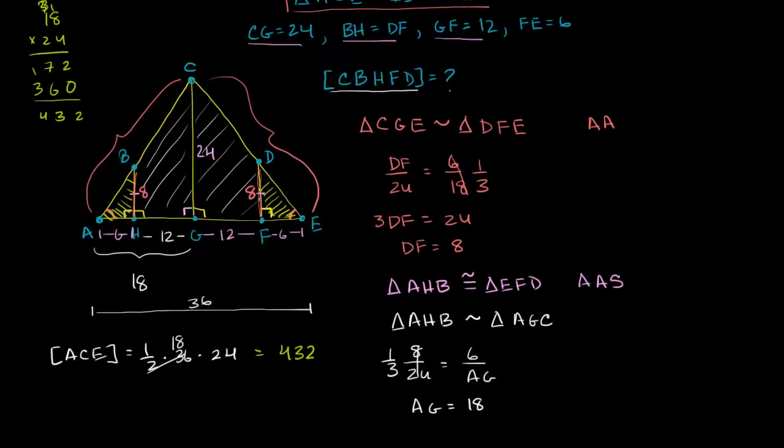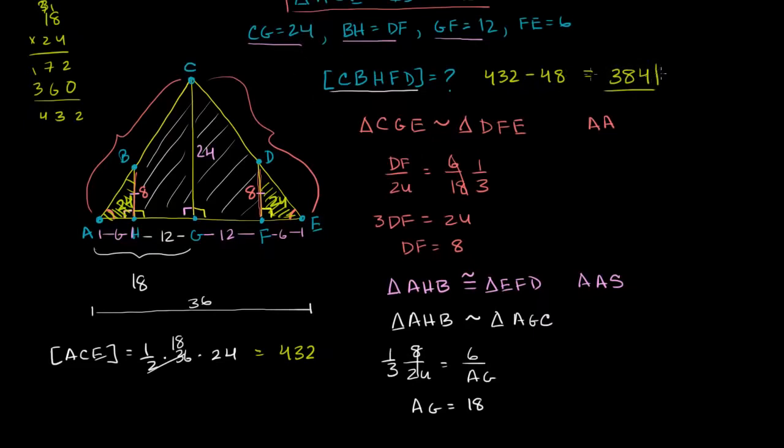So it's going to be 1/2 times 8 times 6. So 1/2 times 8 is 4 times 6. So this is going to be 24 right over there. And this is going to be another 24 right over there. So this is going to be equal to 432 minus 24 minus 24, or minus 48, which is equal to, and we could try to do this in our head, if we subtract 32, we're going to get to 400, and then we're going to have to subtract another 16. So if you subtract 10 from 400, you get to 390, and then you get to 384,